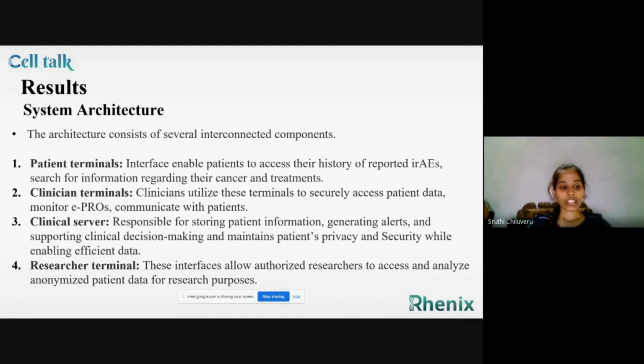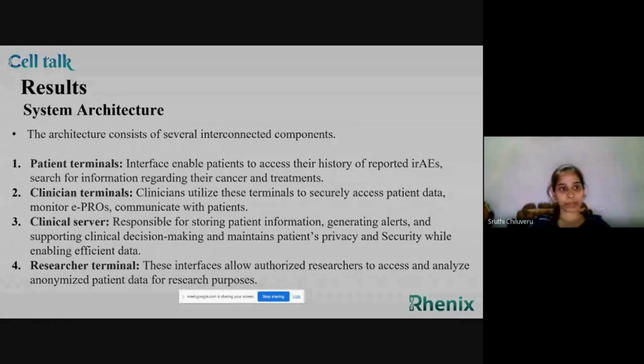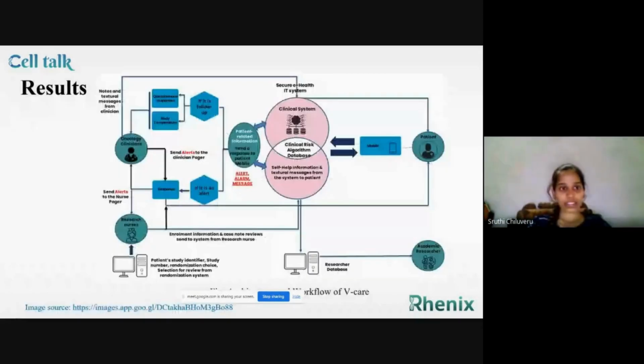When it comes to the researcher terminal, these interfaces allow authorized researchers to access and analyze the anonymized patient data for research purposes. This system architecture is depicted in this picture. As you can see, this is a clinician terminal. These two are the researcher terminals. This is the patient terminal, and this is the clinical server, which helps in sending different types of alert messages